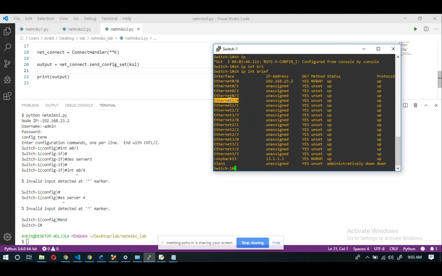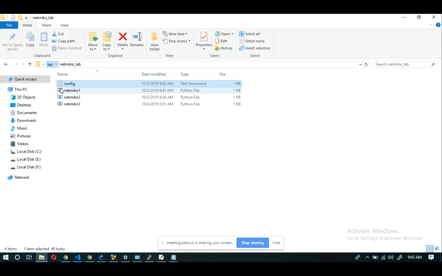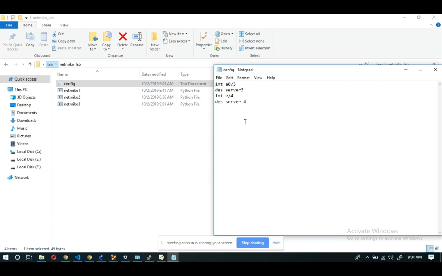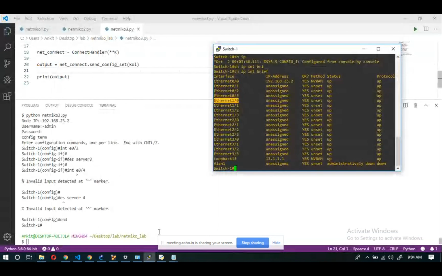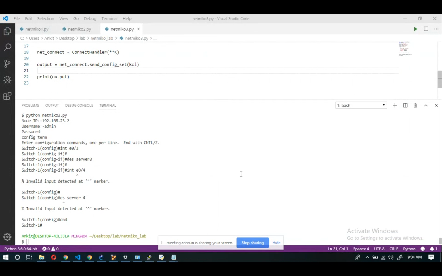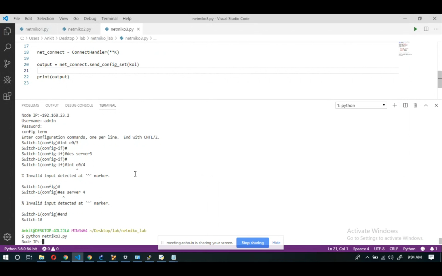Oh, okay, interface 0/1. This interface is there. Then slash 0.0 S. So it's taking already. Let me try to run it again. Last time why it was not taking, that interface itself is not there in the device. The interface is 0, 1, 2, 3 only. 192.168.23.2